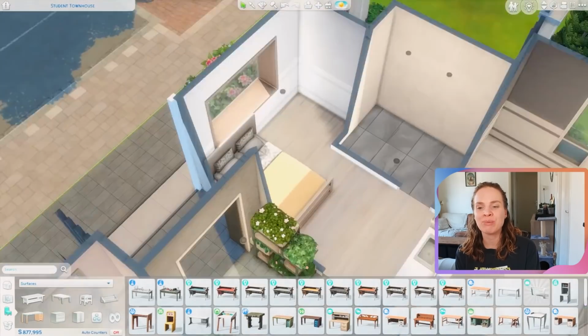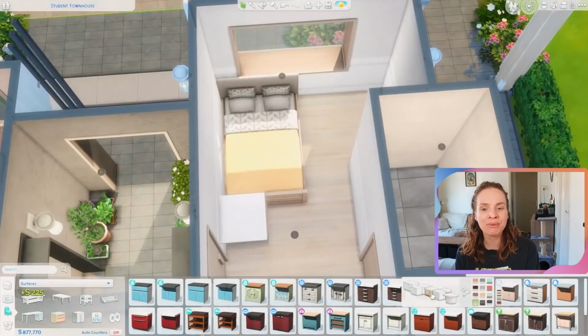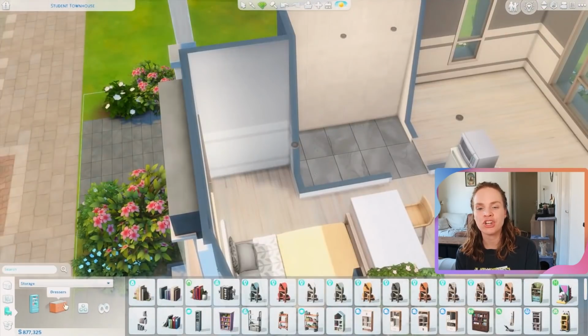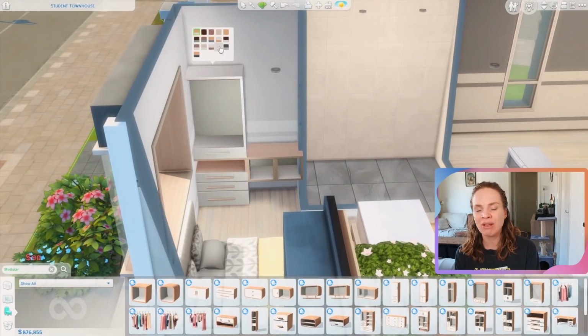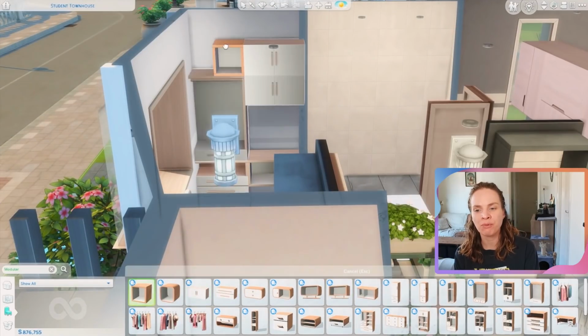But here you can see I'm working on the first little living space, if you will. As you can see, it's very, very small. This is one of the rooms that shares that Jack and Jill bathroom, as you can probably tell, the little bathroom in the middle. And yeah, I have a full-on double bed. I think they pretty much all have a double bed except for